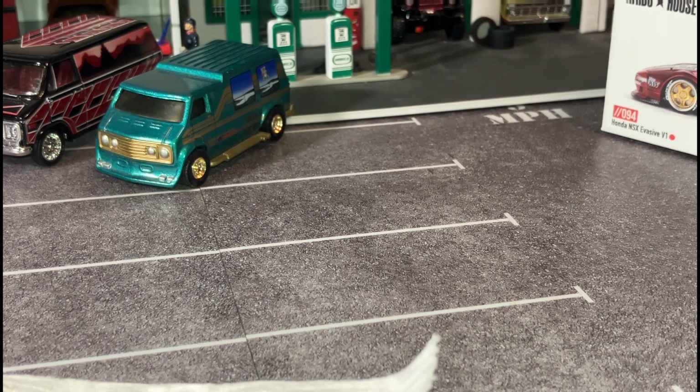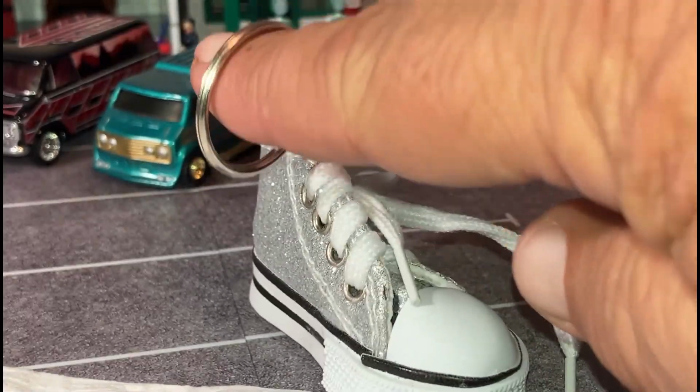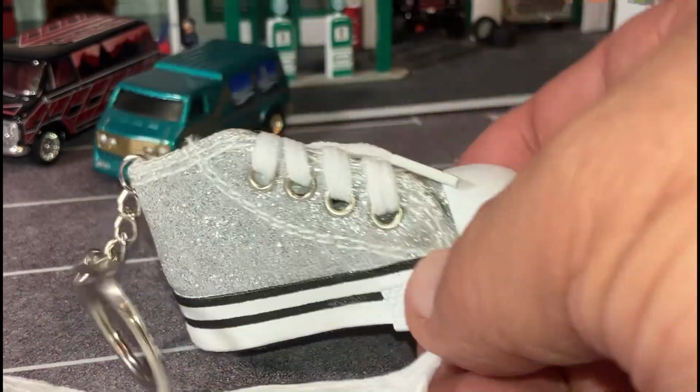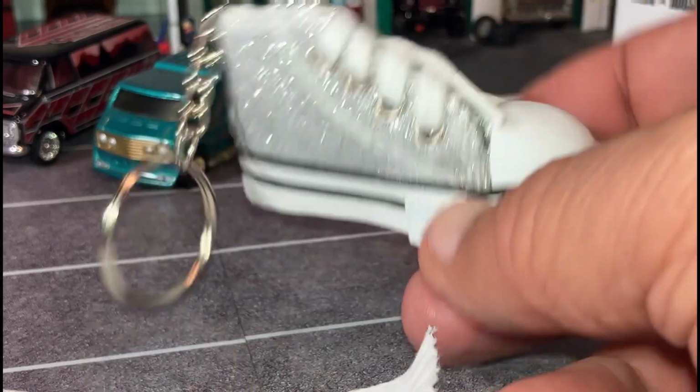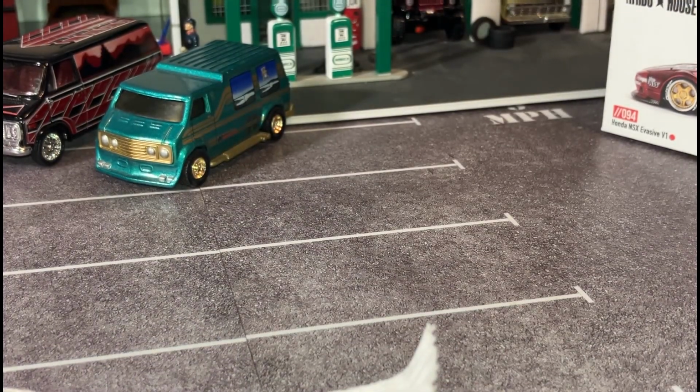He often sends crazy gifts in his diecast show, Byron. So he sent the keychain. One of the things I won came with this little shoe keychain. He comes up with all kinds of crazy stuff. Sometimes he has